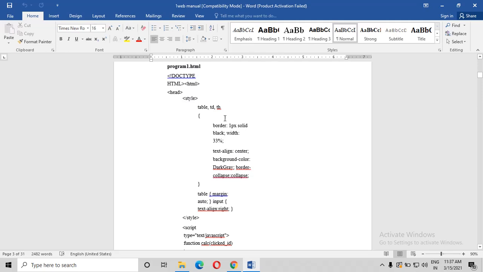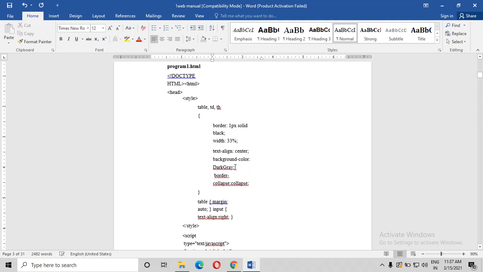Yes, you can see here, this is what the syntax. Don't get confused. It is like this, right? The border color is dark gray we have taken, and the border collapse is collapse. The border collapse, you can neglect this. As I told you, it is not mandatory. For the table formation, we have taken the table margin as auto, and the input, whatever you are giving, the text align should be on the right side. Again, it is not mandatory. You can give text align right, left, center. As I have taken for the table, it is the center. The table should come into the page at the center.